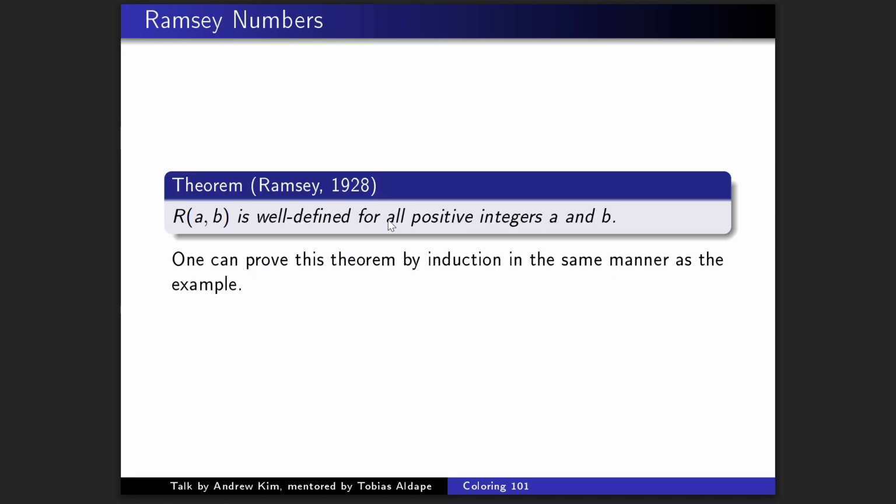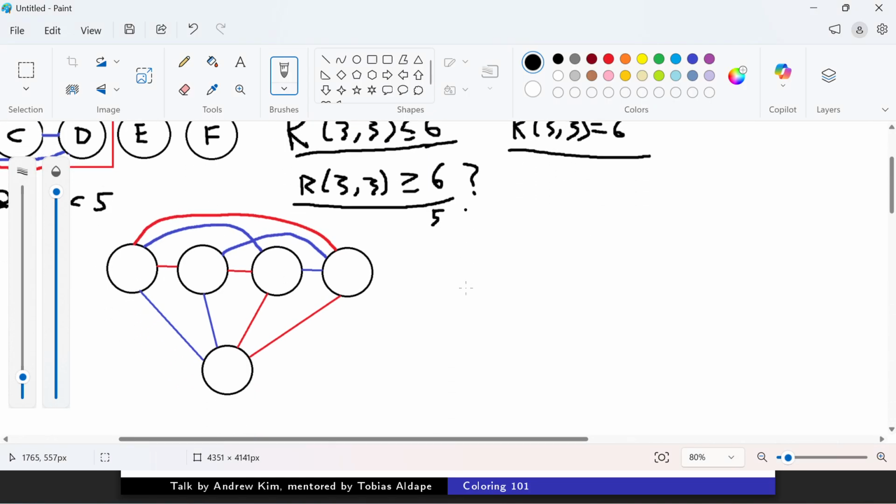So yeah, that's cool. We've shown that R of A, B is 6 when A and B are both 3, but we don't actually know yet that R of A, B exists for all A and B. But that's actually what Ramsey proved about 100 years ago. And the way he did it was you use induction, and once you've proved the base case, if you want to find R of A and B,